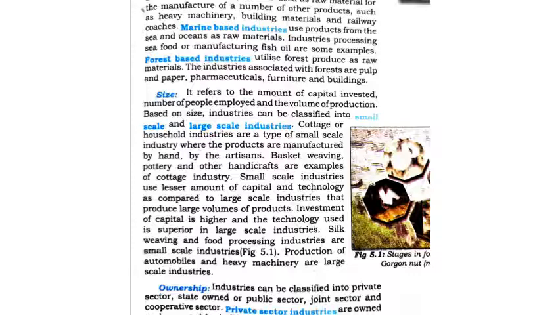In the small scale industry, the products that are manufactured are made by hand. Most of the products are made by hand. So that's why this industry does not use heavy technology or higher kinds of technology. They do not need this, and they do not produce a large amount of product.